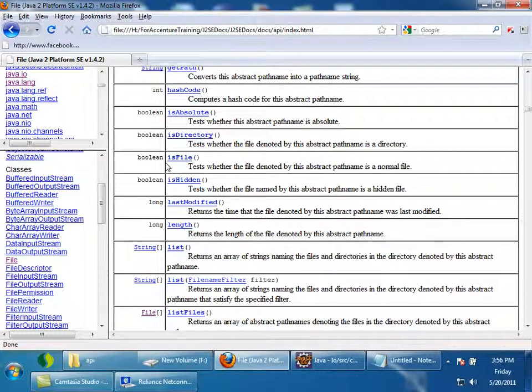If it is pointing to a file, then this will return true. Okay, three methods I am telling. A file object can point to a directory or a file. From an operating system point of view, a directory and a file both are the same. So a file object can point to a directory or a file.